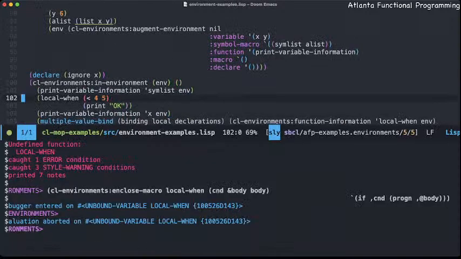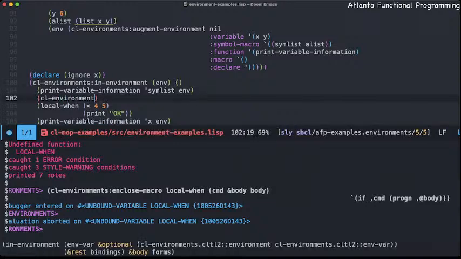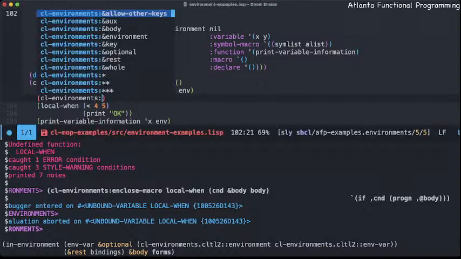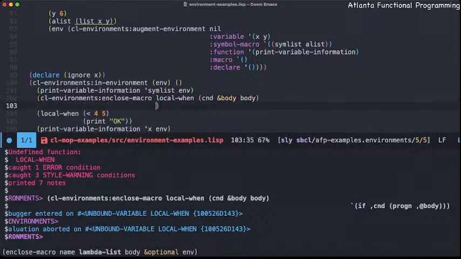We're going to go and use our enclosed macro definitions here. Enclose macro, local len, condet body, our macro itself,